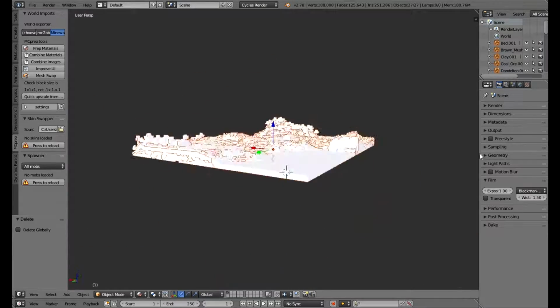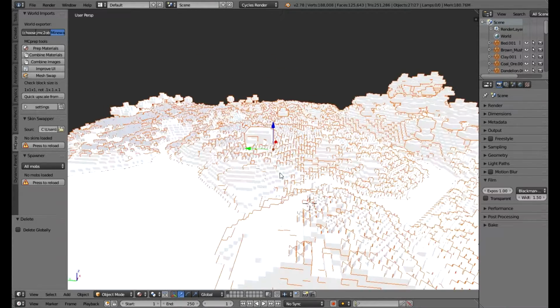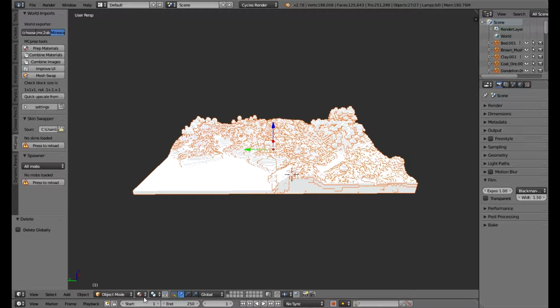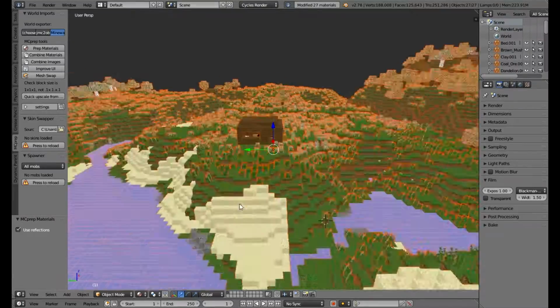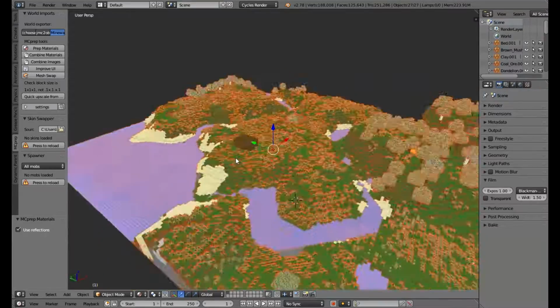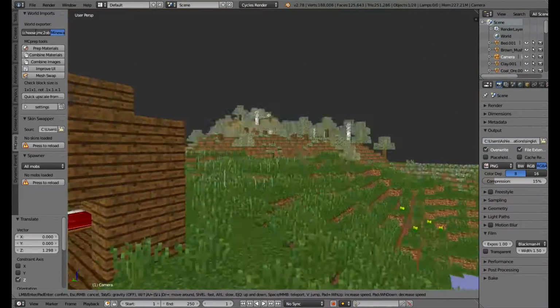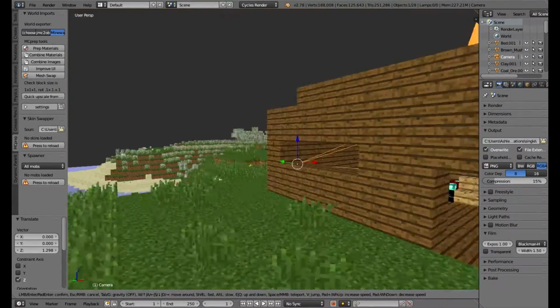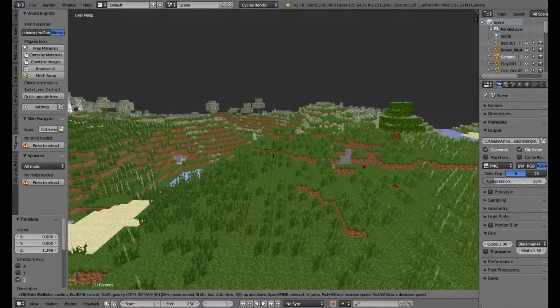Here's our world. I have installed some things to set this up. We're in material mode. We want to go to prep materials. So there we go, this is our kind of world. Okay, so we've got our scene. We're actually going to make ourselves less laggy by